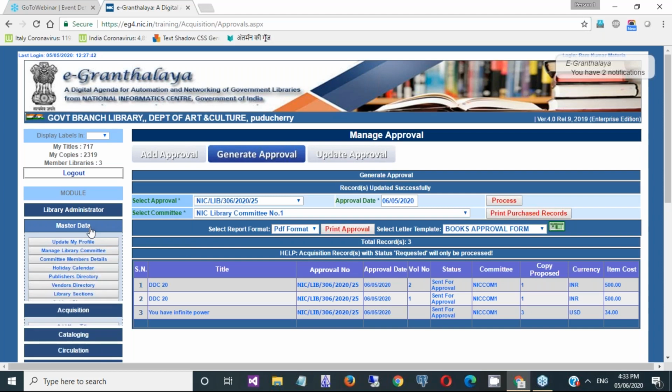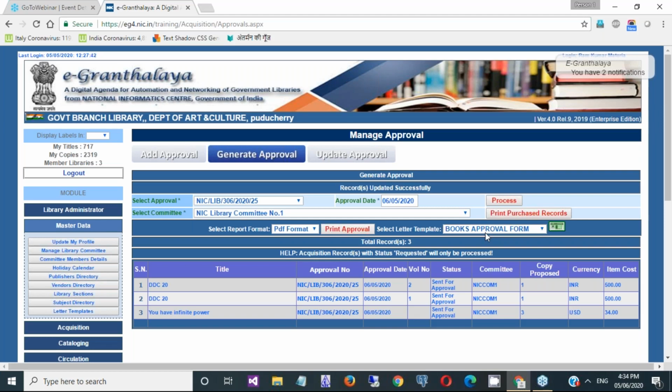A purchasing form or any kind of form can be created here under letter template in the master module. Basically, a template contains file number, subject, and top and bottom messages, where you can write whatever you want to write when taking approval from the committee.